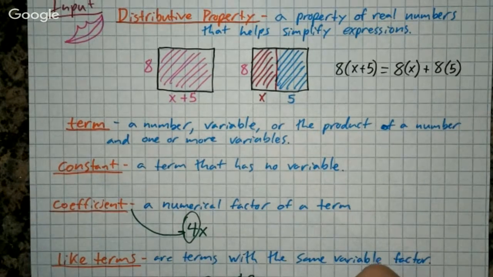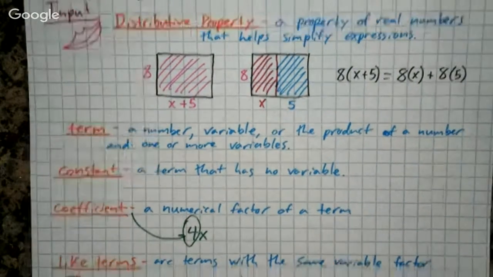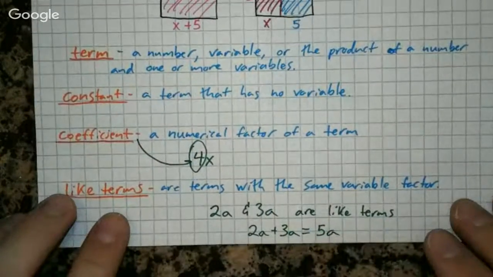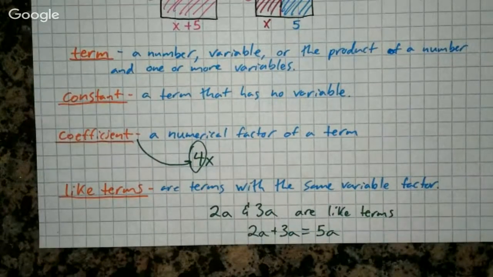And the great thing about like terms is you can then combine them. If it was 2a plus 3a, you'd be able to say, oh yes, that's 5a. Like terms are combined. Oh, I'm so sorry. You couldn't see anything I was just writing. That was horrible of me. So 2a and 3a are like terms. 2a plus 3a is then going to be 5a because they are combinable. Combinable. I like that word.